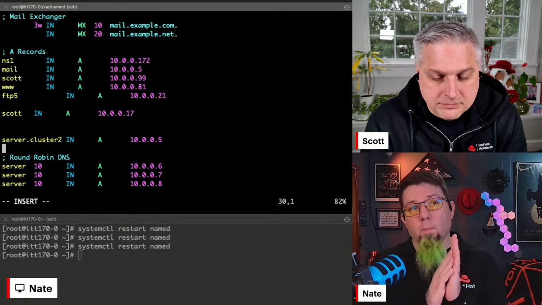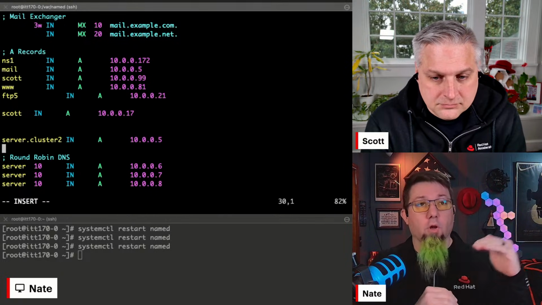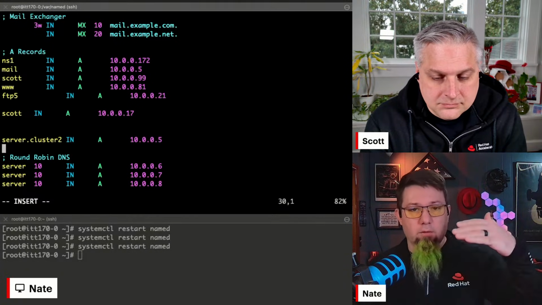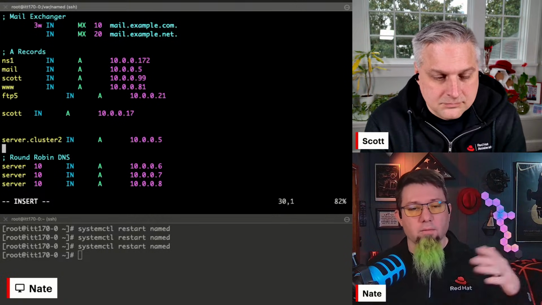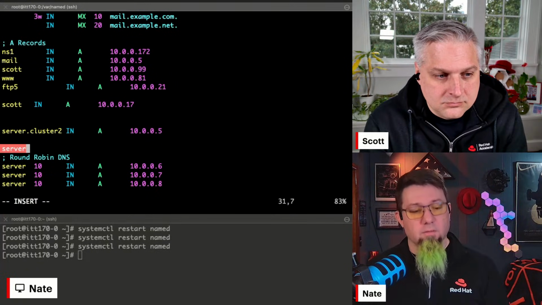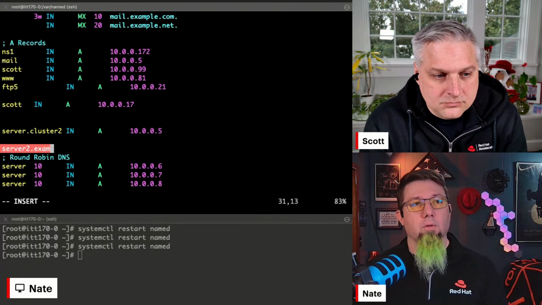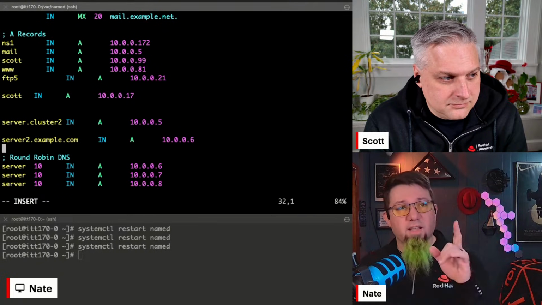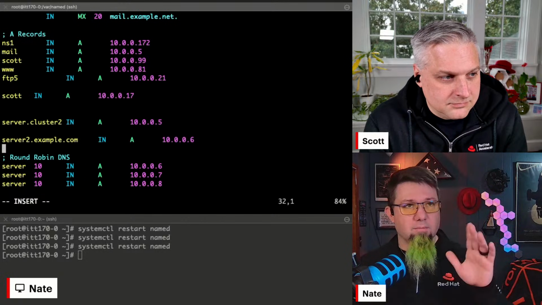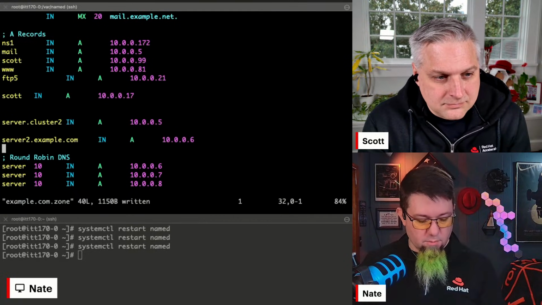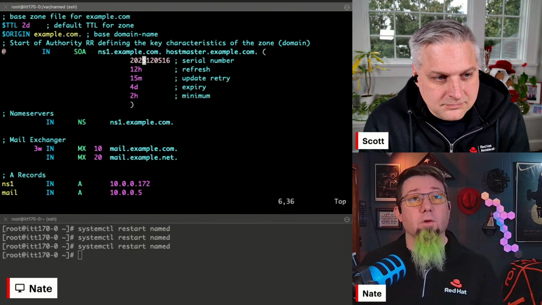So you can also make another block in your zone file that is for cluster2.example.com. And then hosts that are inside of there will default to that subdomain or whatever you want to call it. That domain within a domain. But you can also do things like server2.example.com. We'll reuse 6, and this is actually valid syntax, but I intentionally made a mistake here just to show you guys. Let's go back to my serial number here.